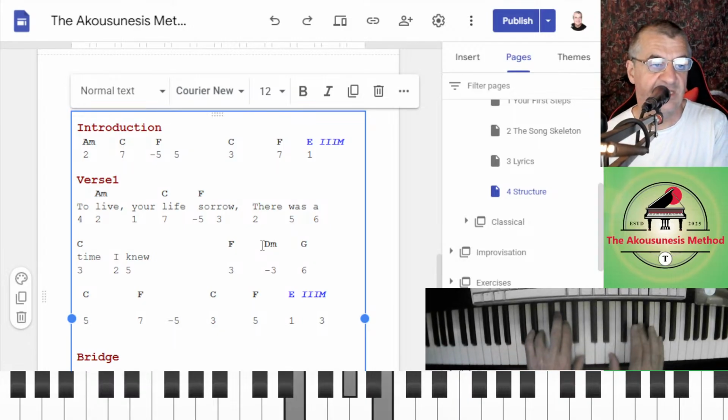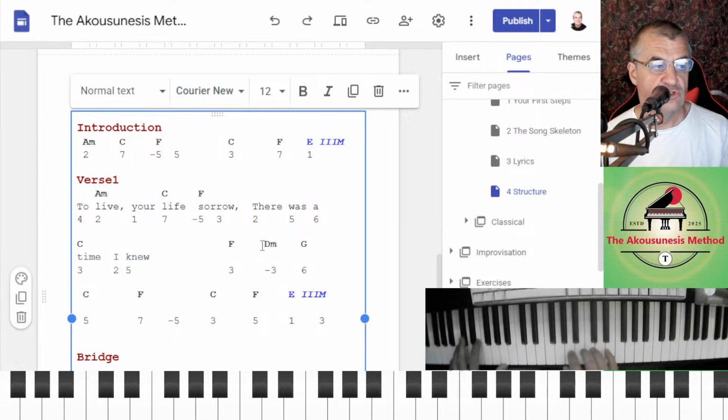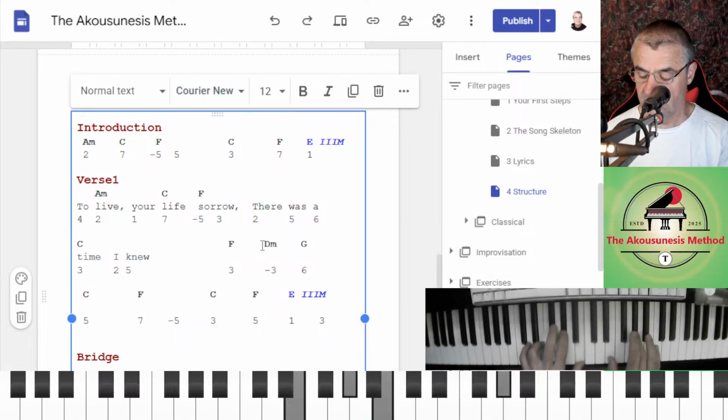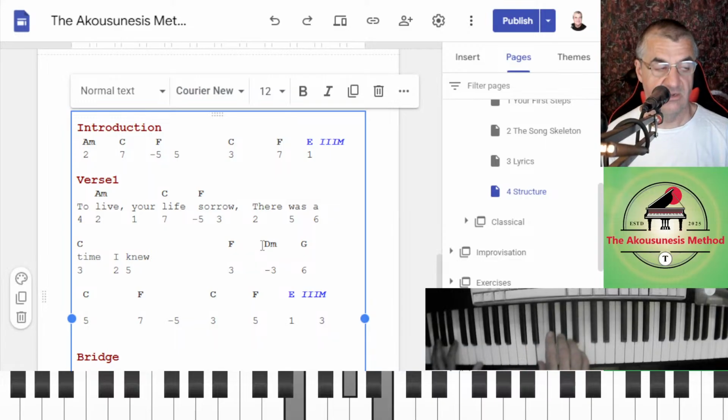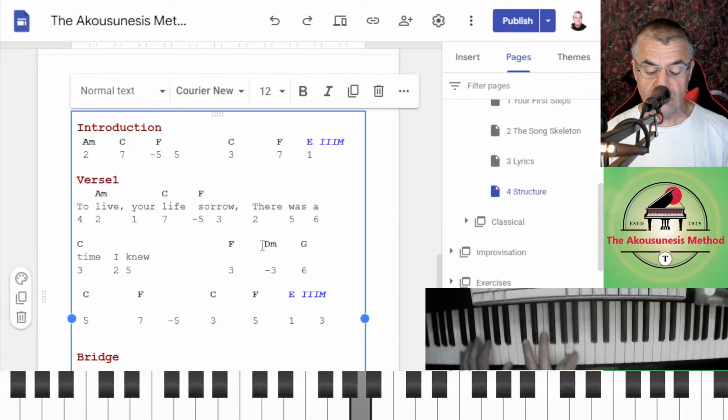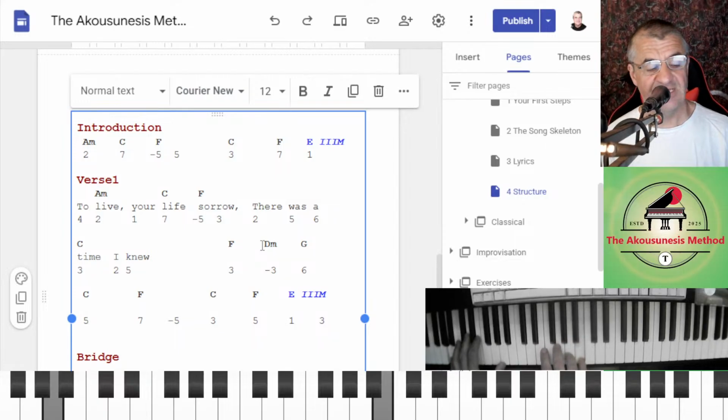And then we come out of key here. So we're on E. If we're on E and we go to 2, we're starting on a 4 here, right? 4 on the E. To live, and it goes up.